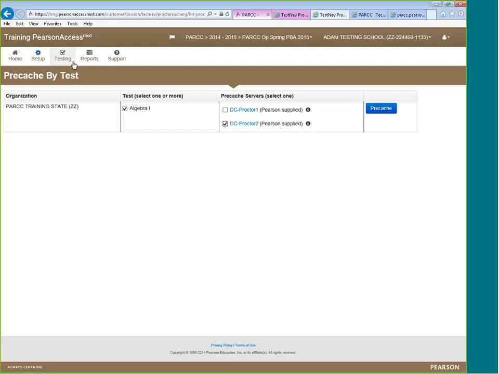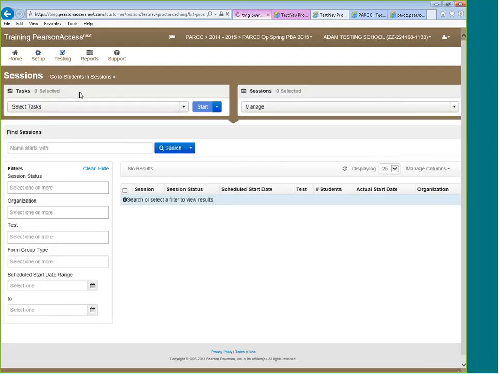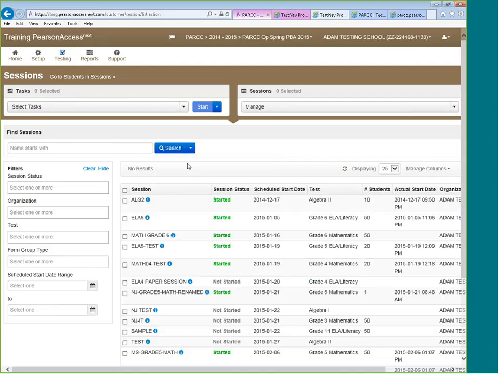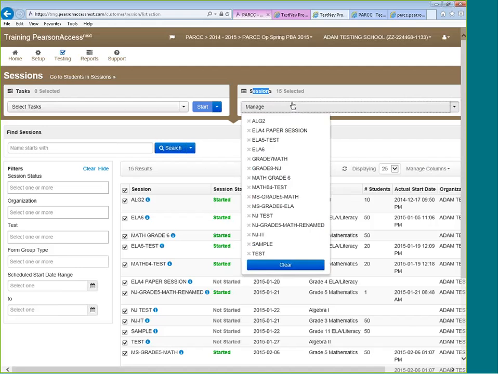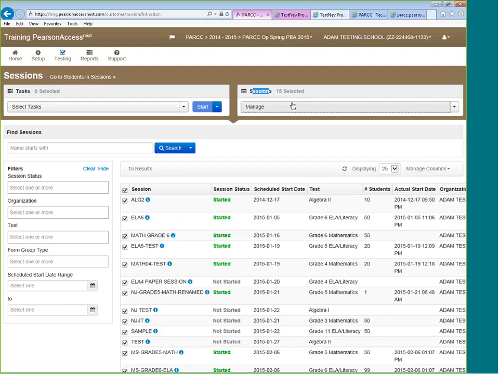The other way of doing this is if I go to Sessions and Show All Results. So I have 15. If I had 30, for instance, and I'm only displaying 25, if I click on this, I would only get 25 added to my cart up here. This is what I call my cart. So I click the checkbox, I get all 15 thrown up in here. And this is just like Amazon. So when I'm running around doing other stuff, if I go into Students and Sessions, these are in my cart. They stay there until I remove them. That's why I kind of remember it that way.